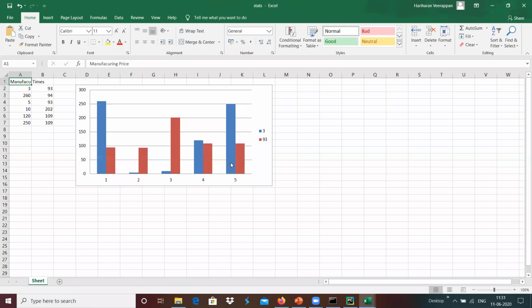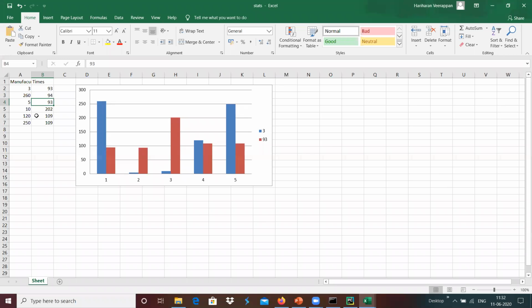Yeah, this provides something like this: 3 and 93 has been taken as data statistics, and 260, 94, 5, 93, like that it was provided the statistics.